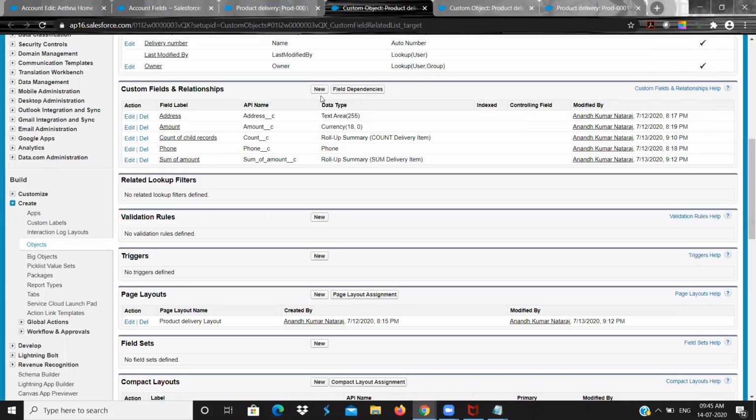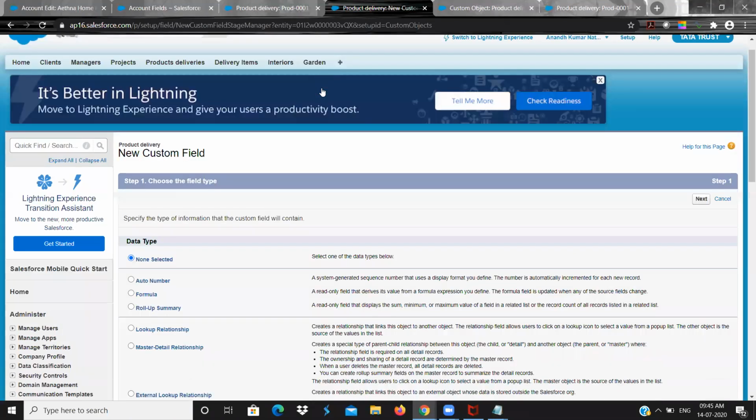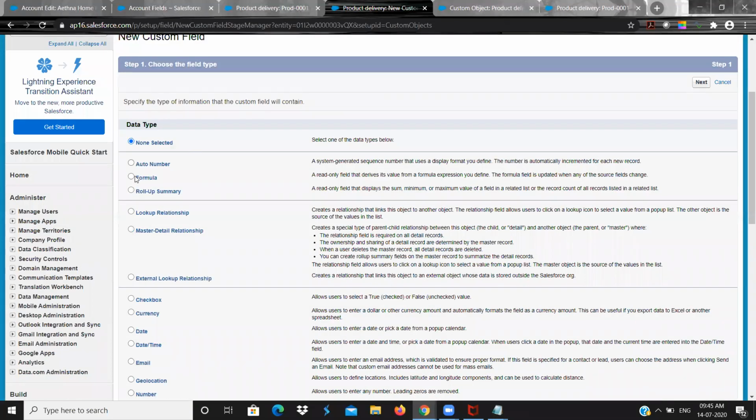So first thing that you should know is formula field. A formula field is a field that you can easily see here. If you click on new in any object, you will be able to see a formula field. See, there is a field called formula field.